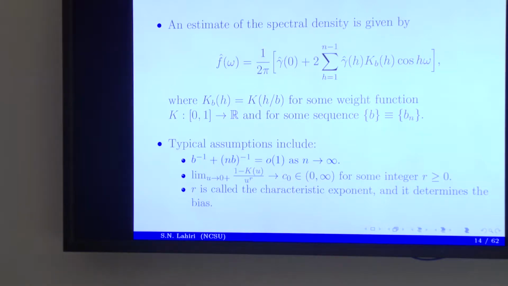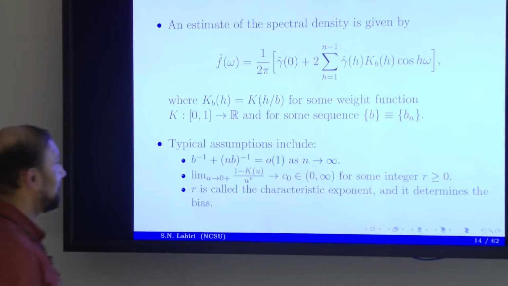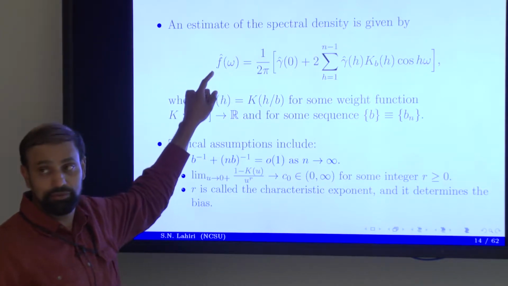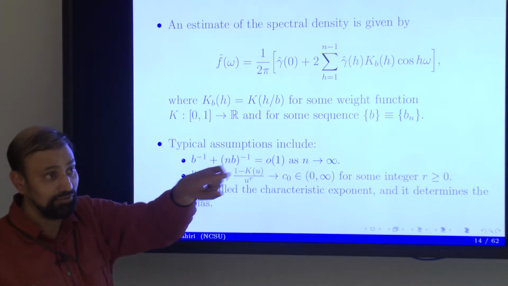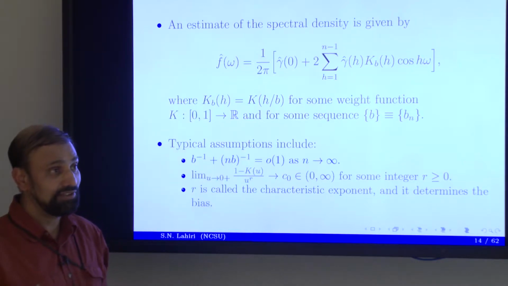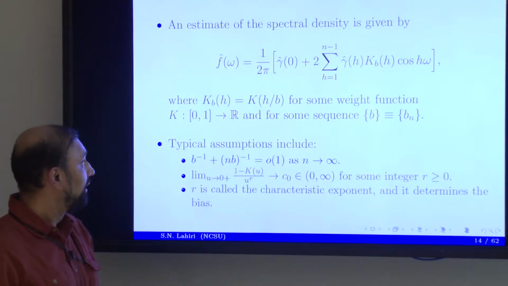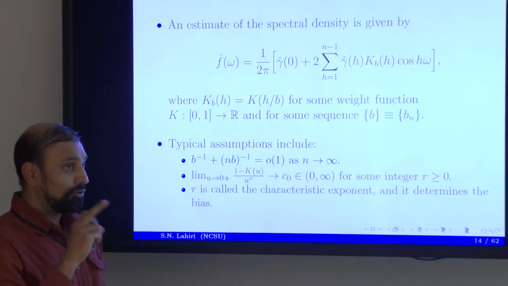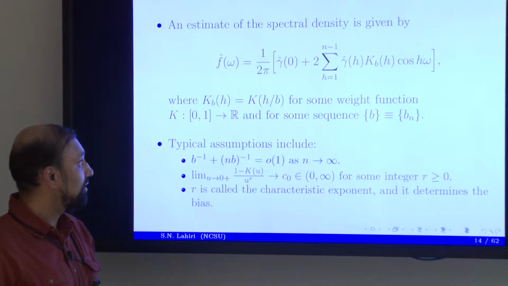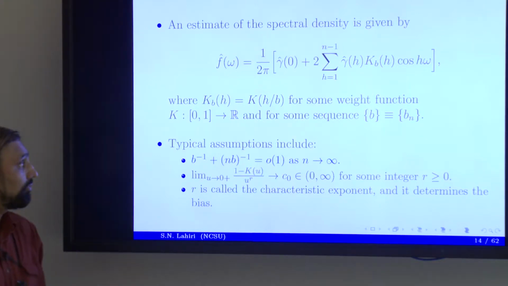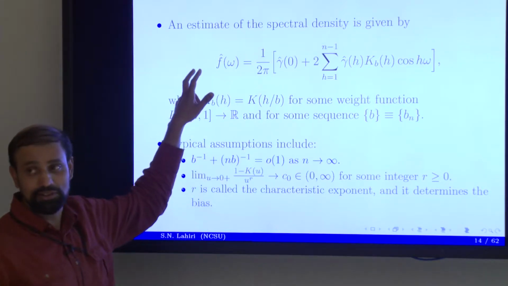All right, now if you can estimate these gamma h's for a large number of h's, there is a way to come up with an estimate of the spectral density f. F is again defined by that formula. You truncate the series at some finite level, and then estimate each of those gamma h's with gamma hat h, and that should be a sensible way to estimate the spectral density. And Parzen is one of the contributors, but there is Rosenblatt. A lot of people have looked at properties of the spectral density estimate.